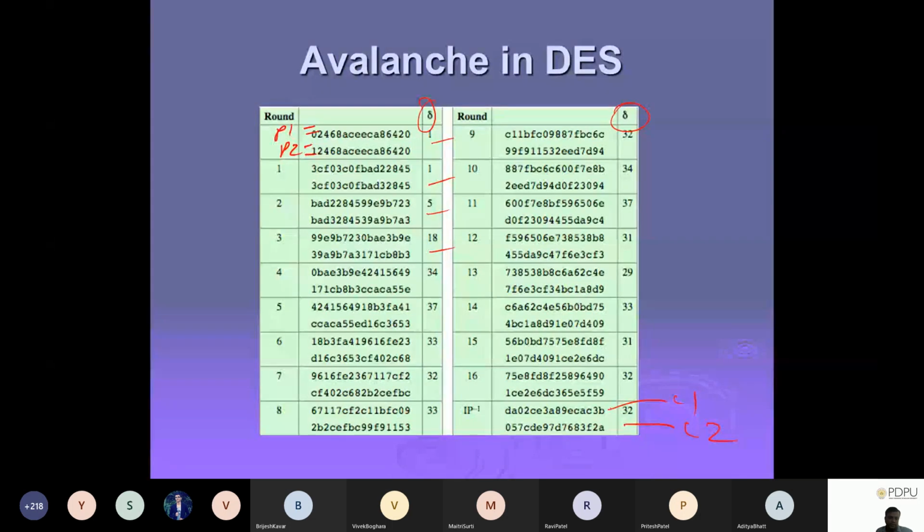There are two plain texts. They start with 64 bits, so all the left and right parts are 64 bits in total. For plain text one, the results are there round by round: all the upper round values are for plain text one, and the lower values for all the rounds are for plain text two. At the end, you get ciphertext 1 and 2. I'm just wondering why they are doing this type of analysis. The avalanche effect.